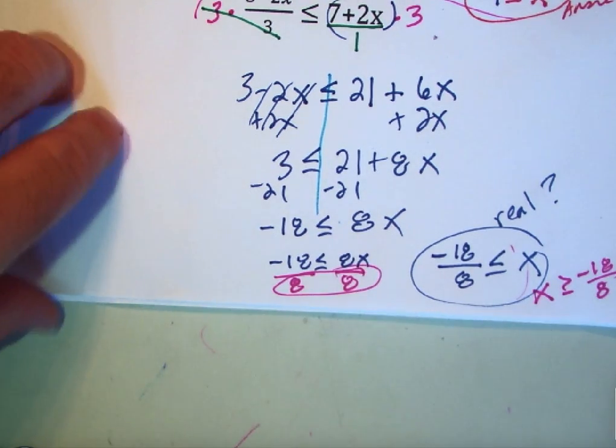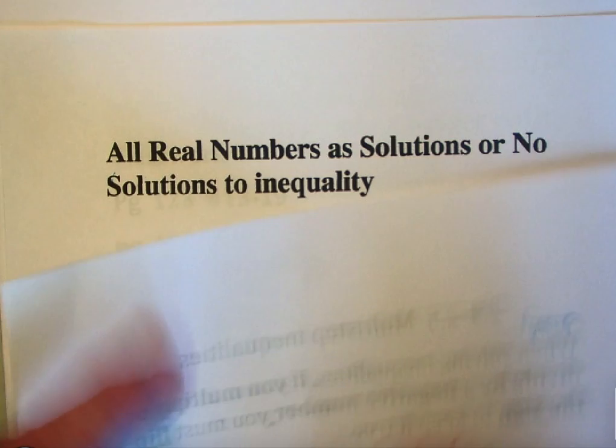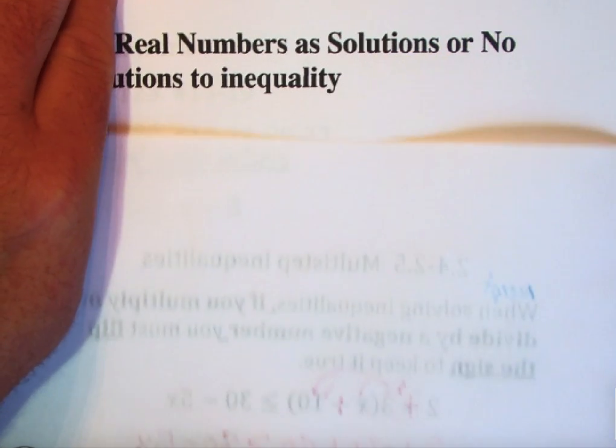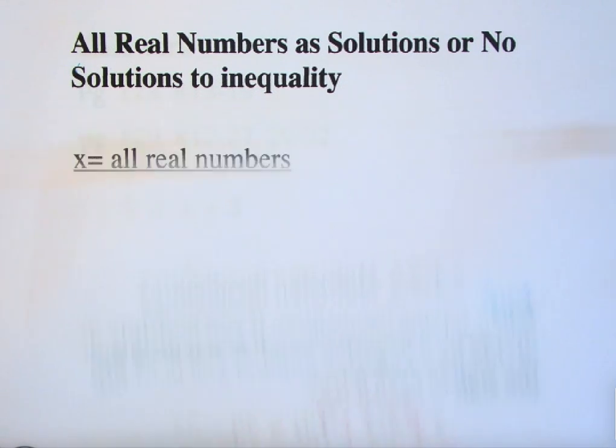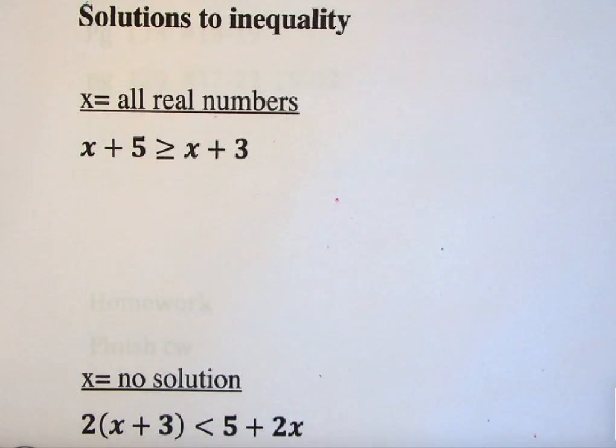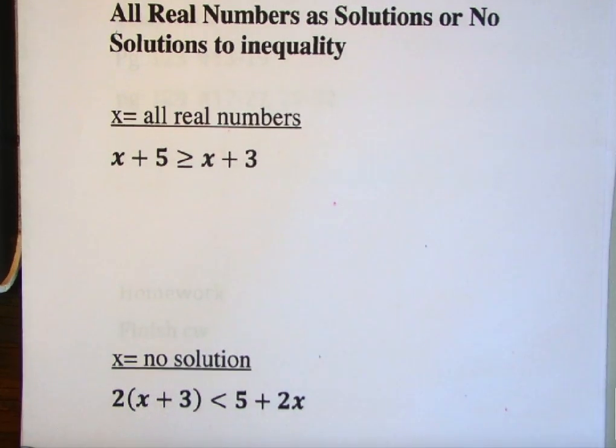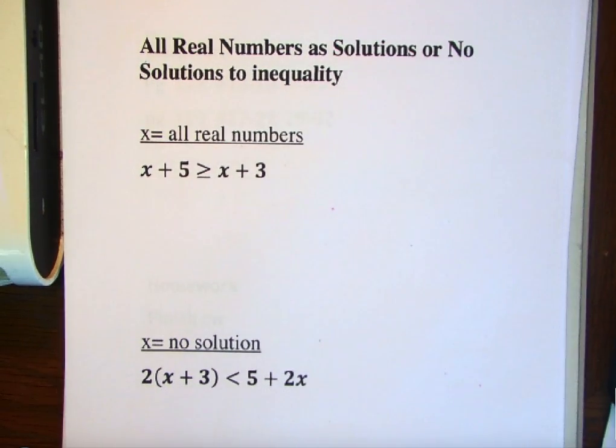Okay. Sweet. So we'll keep going. So we learned when we were studying equations that equations can have all real numbers or no solutions. And we're going to see the same thing when we have inequalities as well. Some inequalities will have no real numbers as a solution, no solution, and some will have all real numbers. Okay, so I want you to take a moment, copy these two down,